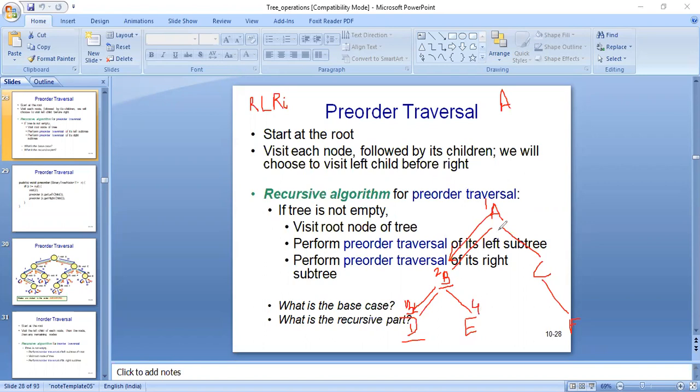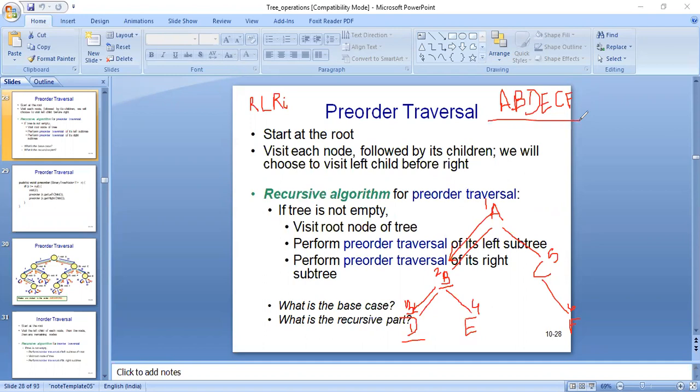Then right of A is C. We have to process C. And it is not having any left, so we will simply process F. So the order in which we have processed the nodes will come up as A, B, D, E, C, and F. So this is the order in which we have processed it.